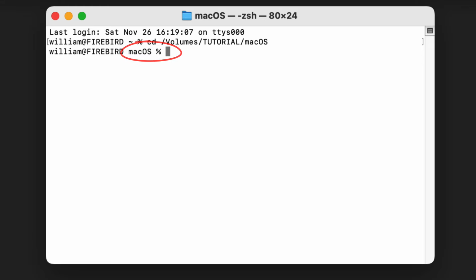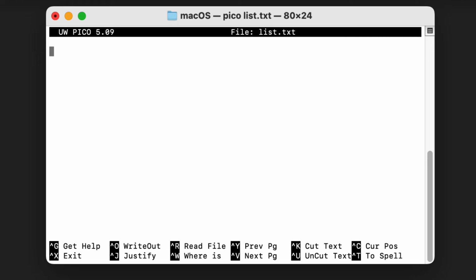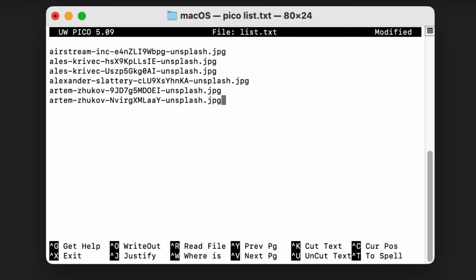Now we'll make a list of files to move. Enter pico space list.txt and press Return. This opens the Pico text editor with a new file named list.txt. Use Command V to paste your file names.